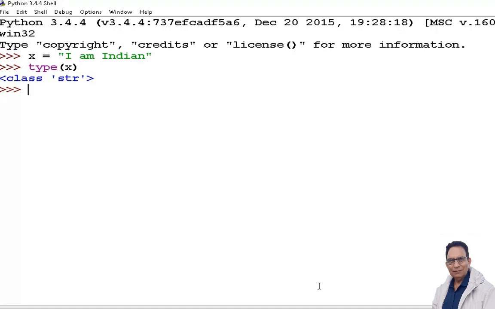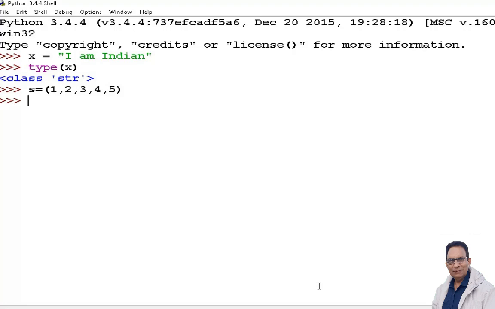To explain tuple, I write s is equal to 1, 2, 3, 4, 5. A sequence of some values. I have written all numeric values. So I press enter.